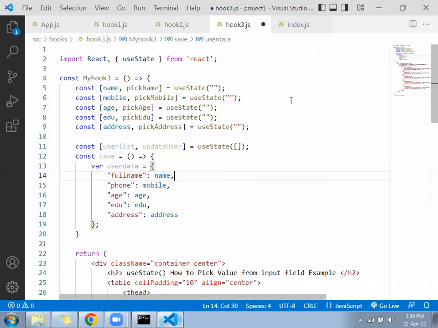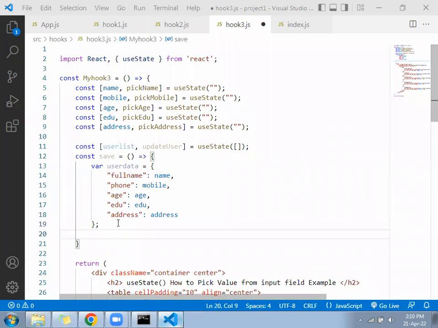Okay, so you created the array user data, under the user data: full name, phone, age, education, and address. Right now, come down. After that, you will write here